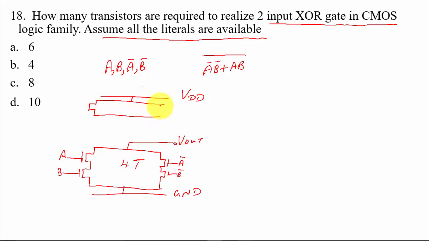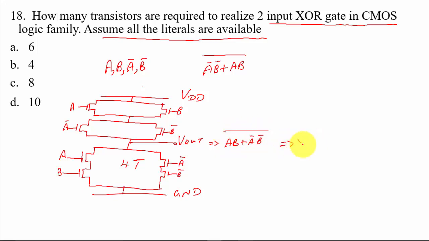So my inputs are A and B, and the next set of inputs are A bar and B bar. What is the output you will be getting over here? It is AB plus A bar B bar, and by default it will be whole bar. You are going to take the XNOR complement, and that will be the XOR gate. So how many transistors have you used? You have made use of 8 transistors.